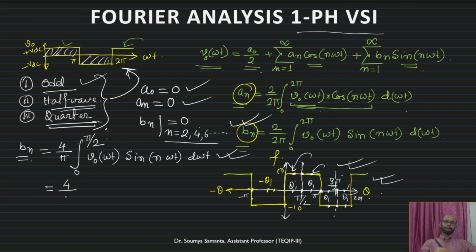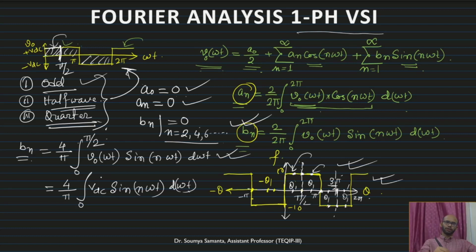This is 4 by pi. What is the V output? From 0 to pi by 2, that is up to this patch, pi by 2. What is this value? This value is VDC. So I am getting VDC sine of n omega t d omega t, integration 0 to pi by 2. So we can write, let me take the VDC out, 4 VDC by pi, and